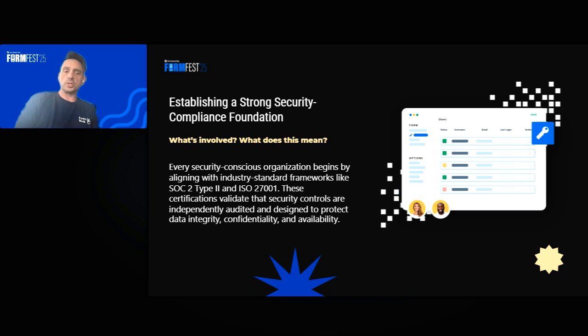But I think what's most important is that this isn't a one-time thing with ISO 27001. It's generally an annual exercise that an organization has to go through, going between surveillance audits and full cycle audits every 3 years. SOC 2, however, is a little bit different in that a SOC 2 Type 2 is